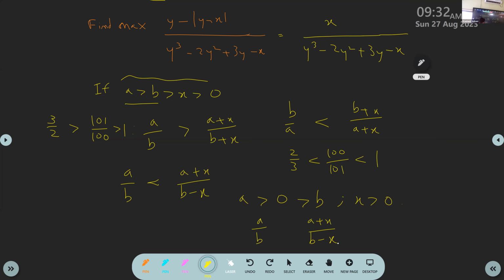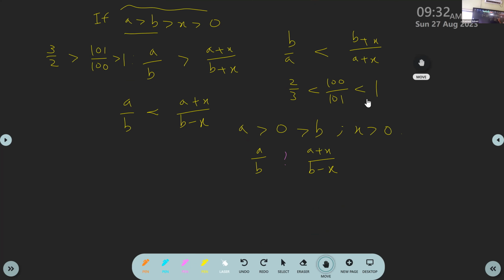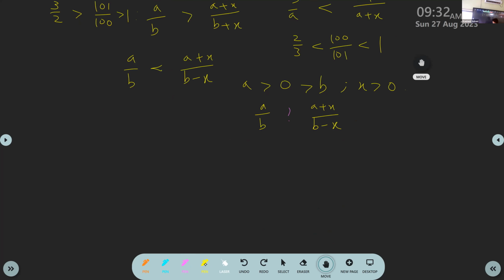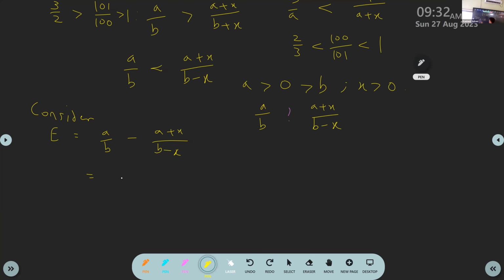So one general rule is that if we are not able to put a sign here, because we are afraid that when we cross multiply the sign will flip, we just take the difference and start evaluating the difference. Why don't we do this? We just take the first term minus the second term. So consider this expression and let me call it capital E. The expression is a upon b minus a plus x upon b plus x. Here I'm not comparing anything, I'm just evaluating, so I'm free to cross multiply. Then if I cross multiply, what will I get? ab minus